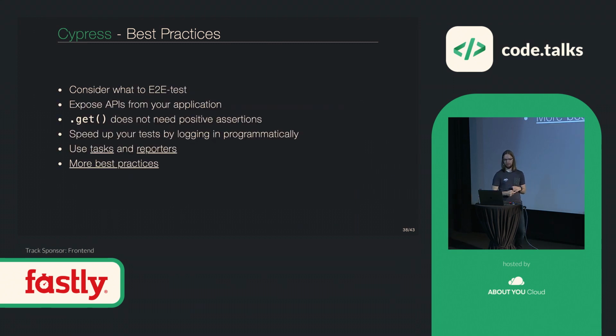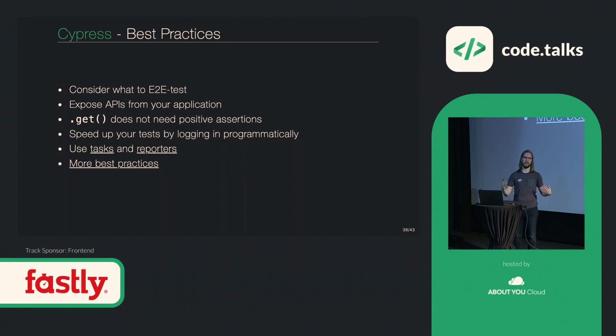So with that, let's recap some best practices, or give you some best practices as well. One important thing when you do these end-to-end tests, these automated ones, you should consider what you want to end-to-end test. It doesn't make sense for everything. It definitely makes sense for the so-called happy path, or if your user can do the one thing they definitely want to do,